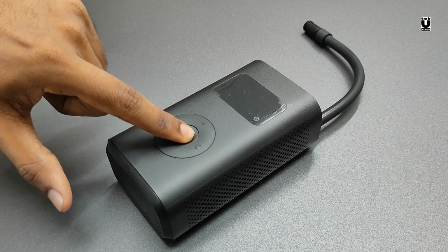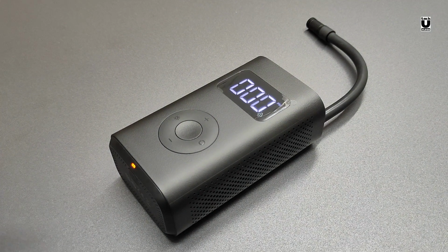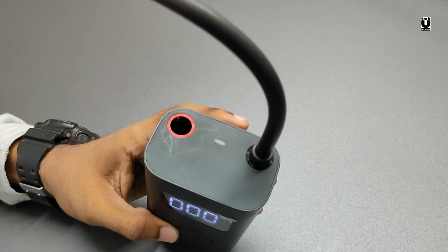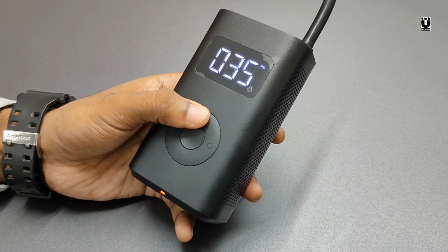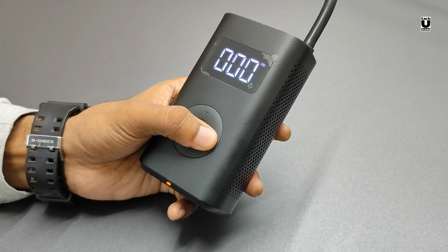You can also turn the device on or off by holding the start or stop button in the center. The button on the left is to turn the light on or off. This will come handy in dark areas or at night. Then we have the plus or minus button to change the pressure, and to the right we have the mode